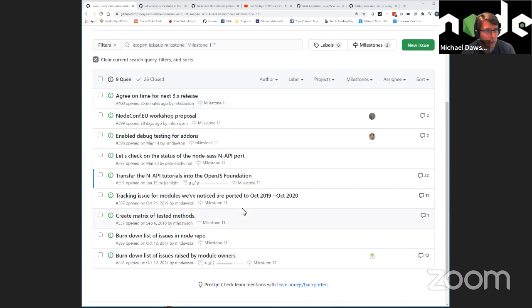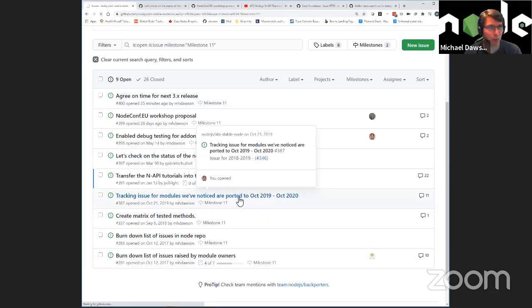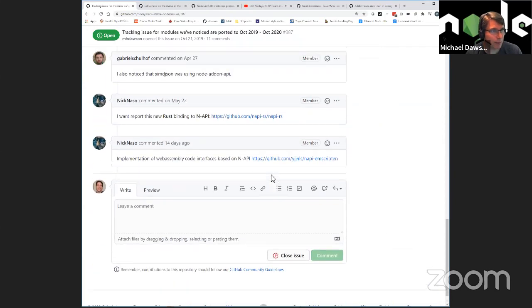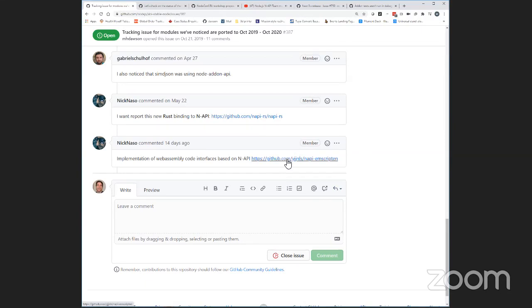Our next one is the tracking issue for modules we've noticed that are ported to an API. I see, Nick, you commented on a new one, implementation of WebAssembly code interfaces based on API. Yeah, I reported the link. It's a way to implement a native add-on.